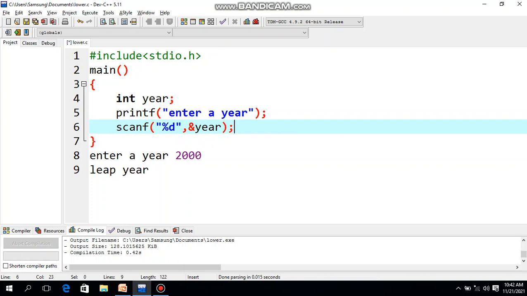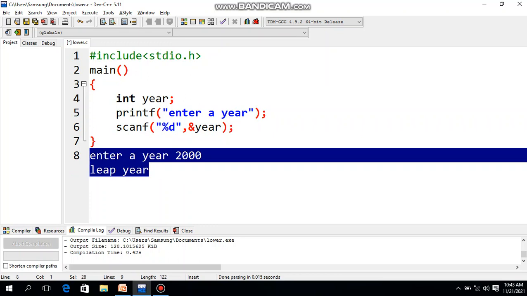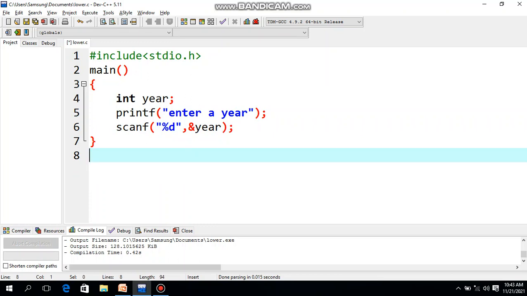Now we will see whether to display leap year or not a leap year. For that we need to know when we consider a year to be a leap year. I will just delete this part. There are a few conditions.